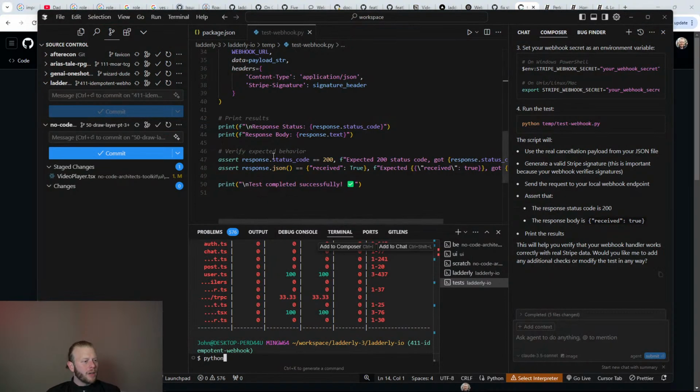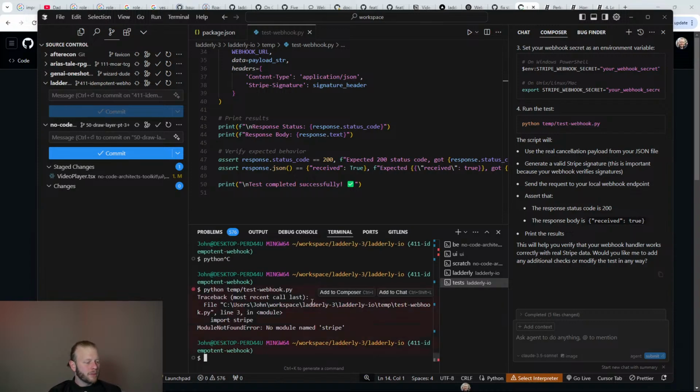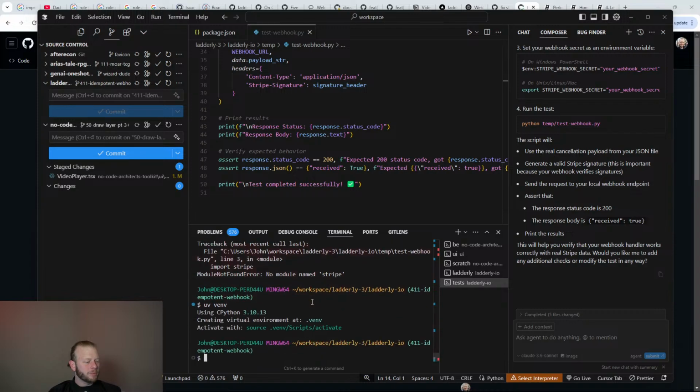Okay, let's try to run this Python script. No module named stripe, so I'm going to uv venv. Let's make sure that didn't create a venv from a Git perspective.